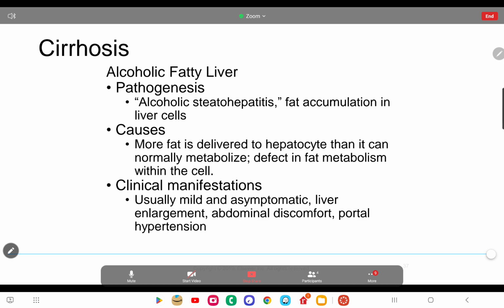So now we have the alcoholic fatty liver. Okay, so it's the patient that develops accumulation of fat in the liver due to alcoholism. Okay,